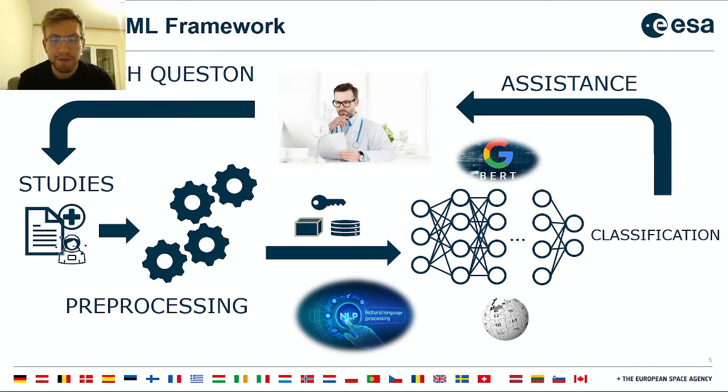Everything starts with a research question, and that prompts us to go find studies. These studies are then pre-processed with natural language processing algorithms to get rid of redundant words and punctuation signs, depending on the algorithm that is used. And then the data is transferred into keys, values, and queries, and then these are fed into the BERT